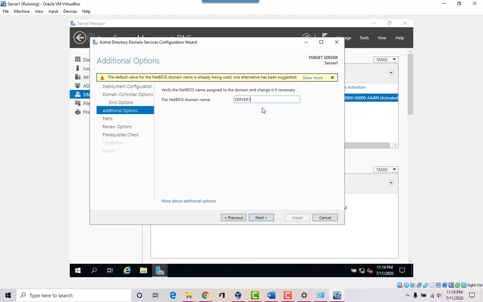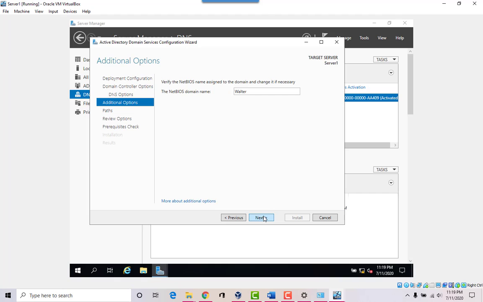This is because the server name is already server 1. So why don't we call this server? Actually, this is the NetBIOS for the domain, so this one can actually be the domain Walter. Okay, so let's see. Next.